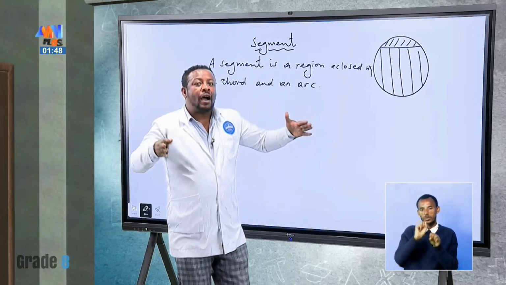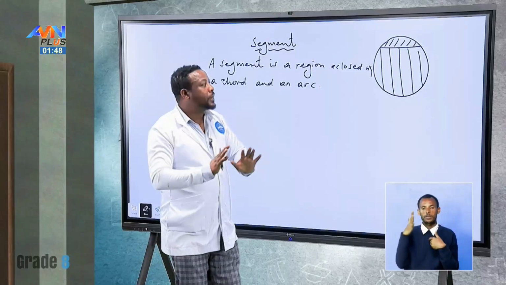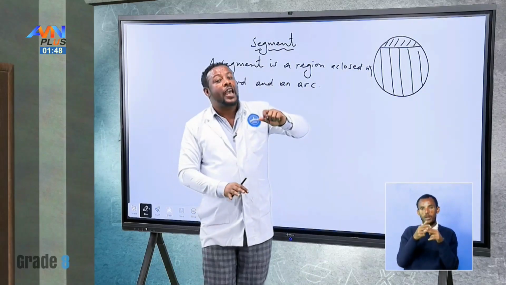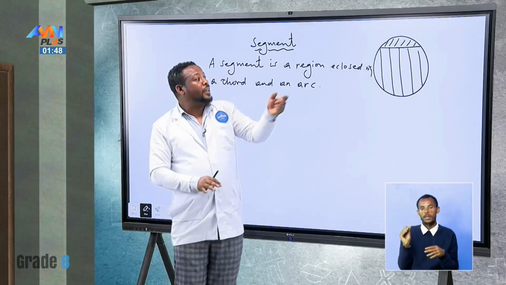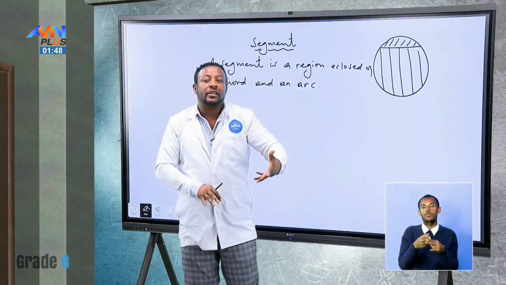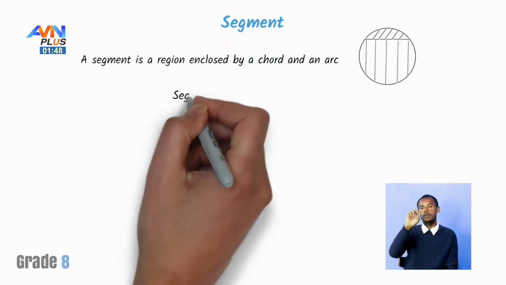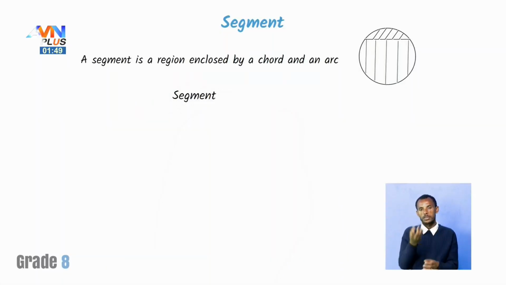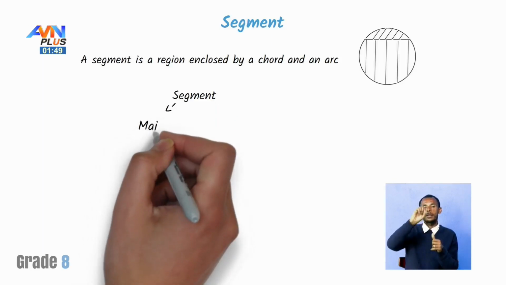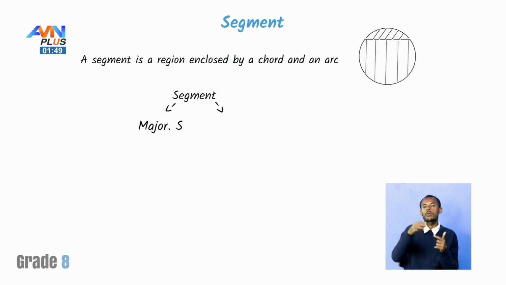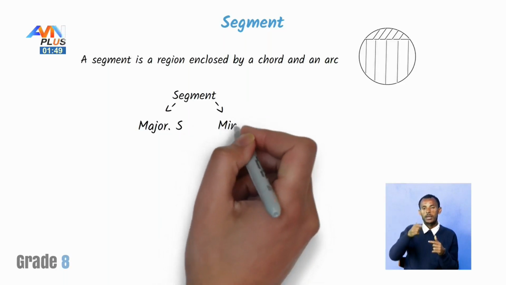So you will have two types of segment, okay? The smaller region, which is considered a minor segment, and the bigger region, which is considered a major segment. So you shortly classify segment as a major segment and a minor segment. Okay,